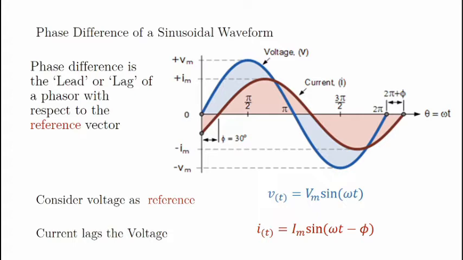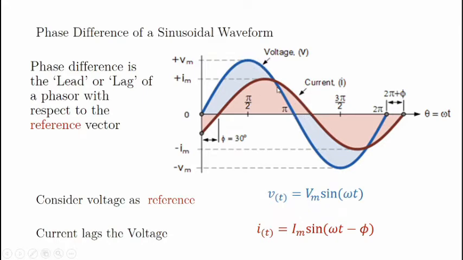For any particular resistor, you have the voltage and current in phase with each other. So the current and voltage will have their minimum and maximum value at the same instant. Now in this figure, we have the reference wave as the voltage wave. You can see the voltage starting from 0 or the initial position. And the current wave is shown by a red color. We can see that the current lags the voltage by a particular angle phi. Here phi is equal to 30 degrees. The current lags the voltage by this angle phi.